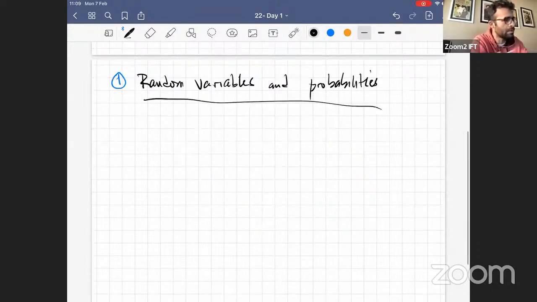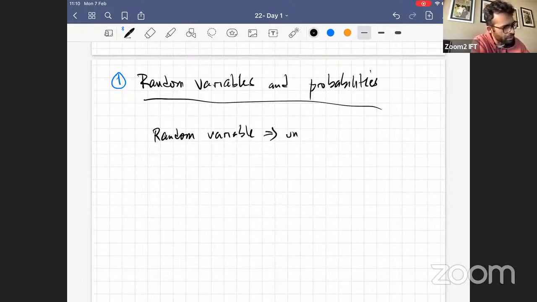So when you say that a variable is random, you say it because you are not sure about the result of that variable. You are measuring something in your experiment or your device, etc., but you don't know the value with complete certainty, right? So there is some notion of uncertainty here. You are uncertain about its value.